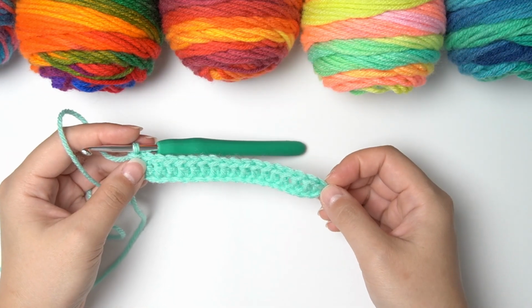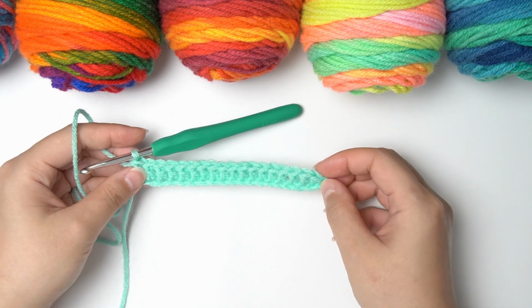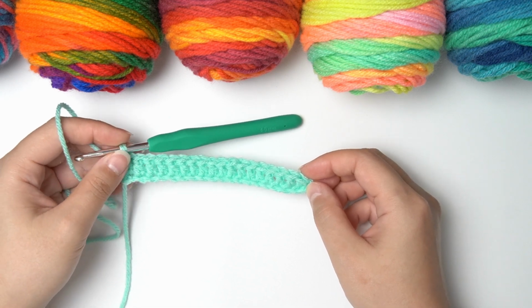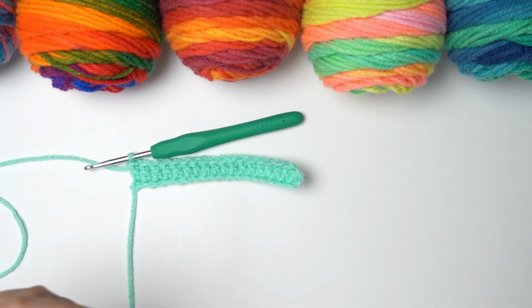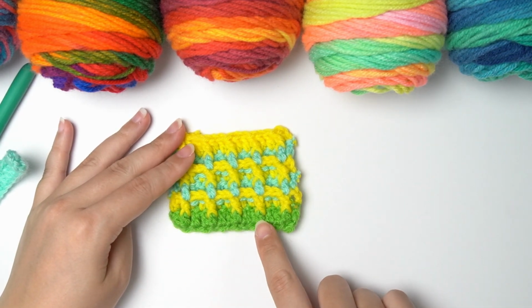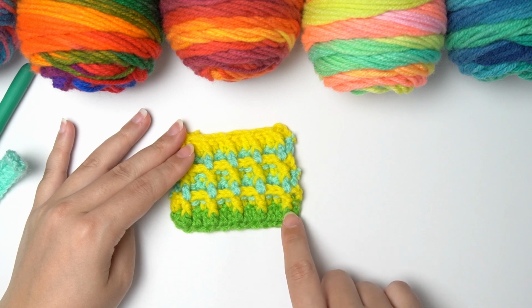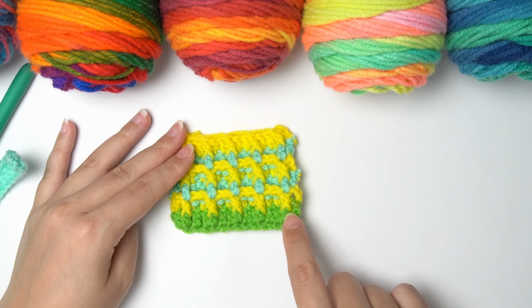So after completing all of the double crochet in each of the chains, this is what you will have, and this is basically, let's call it the foundation row. And so let me just show you on this little patch I did here. Basically what we just worked on is this green section. So we did a foundation chain, and then we added double crochet on the foundation chain, which formed this bottom